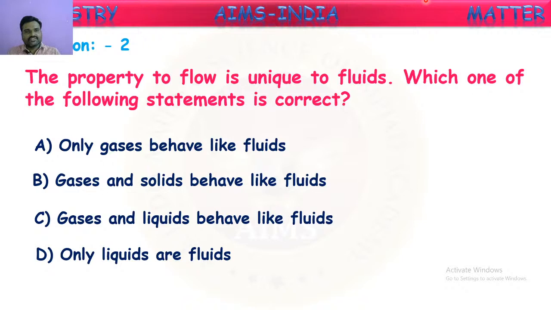Next, gases. Molecules of gases can move in any direction, so a gas can flow very easily from one direction to another. The main difference between liquids and gases is that gases can flow in any direction. There is no boundary for them. All the available space will be occupied by them immediately. But liquids can flow only in one direction, from higher altitudes to lower altitudes. So here we understood liquids and gases are fluids, whereas solids are not fluids.